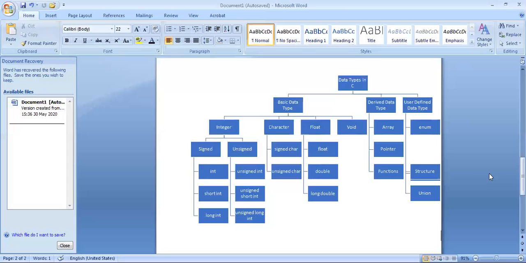Now, you may have a question that, so could we represent negative numbers with the help of unsigned integers? The answer is no. The reverse is possible. We may assign signed integers to unsigned integers, but a negative number cannot be represented using an unsigned integer. Only 0 and positive numbers could be represented by unsigned integers. Integers are used to represent whole numbers.